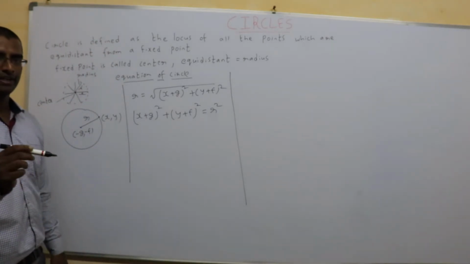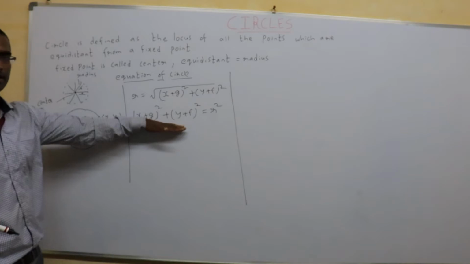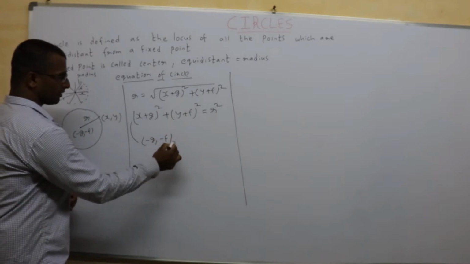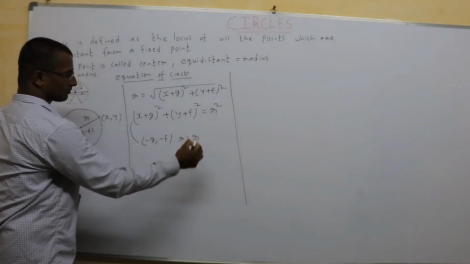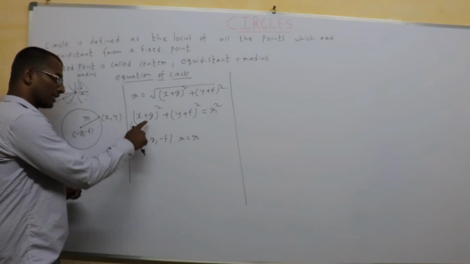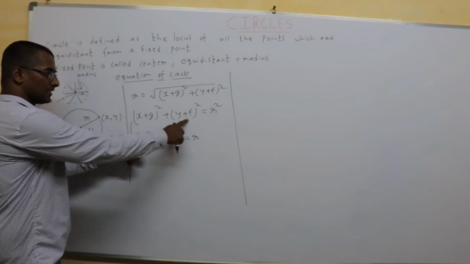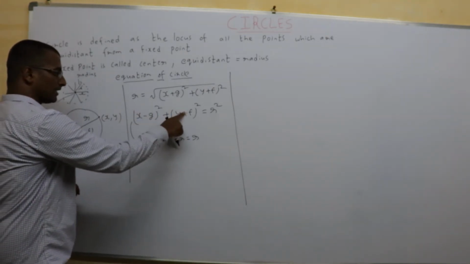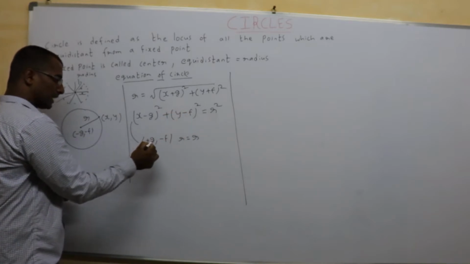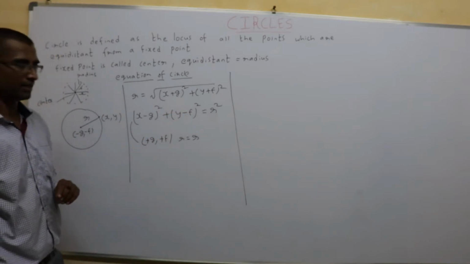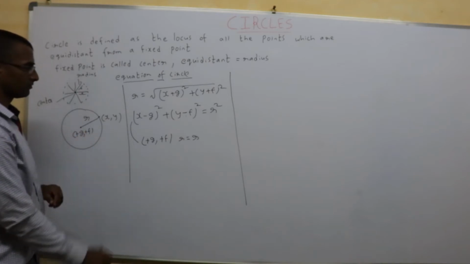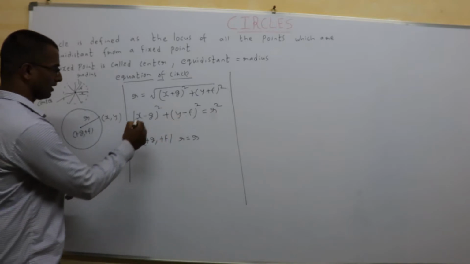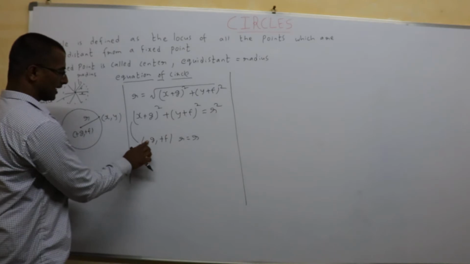Right? While doing sums, if the equation is given in this way, what will your center be? Minus g, minus f, and the radius will be r. Correct? So here plus g, your center is minus g. Same way, had it been here minus g and minus f, your center would become plus g and plus f. Clear? Understood? They will be opposite, as in this example, let it be plus here and minus here.